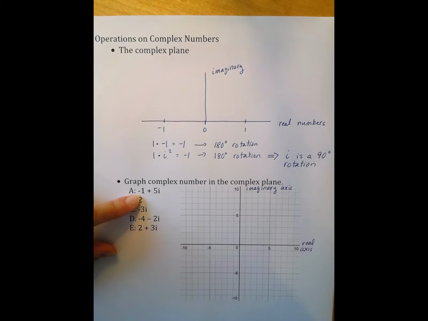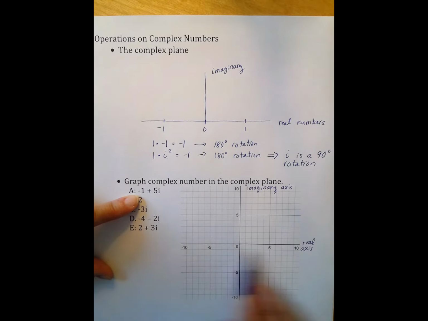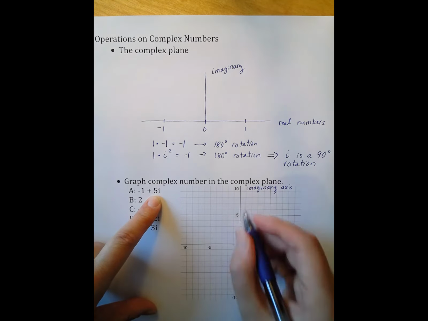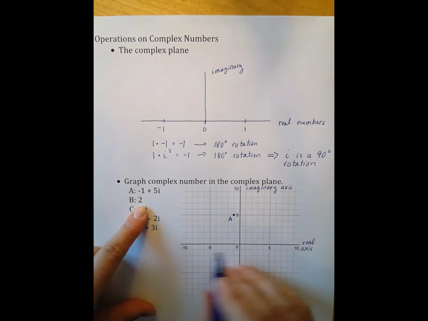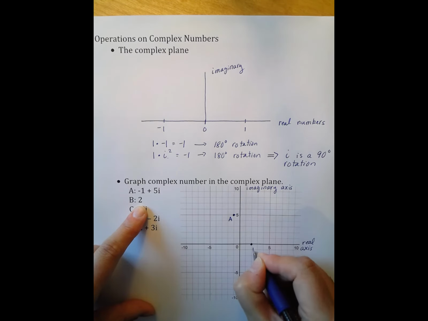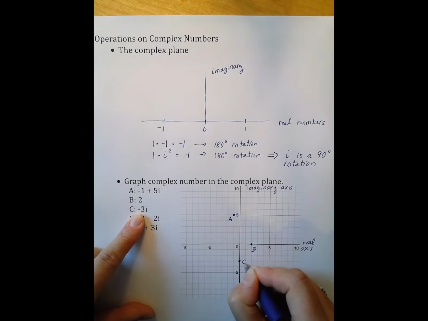So point A has a real portion that's -1, so I'm going to move along my real axis, -1. But then it has an imaginary portion that's 5, so that means I'm going to go up 5. There's my A. B has only a real portion, so I'm only going to go on my real axis, and that real portion is simply 2. C has only an imaginary portion, so I'm only going to go on my imaginary axis, and that is at